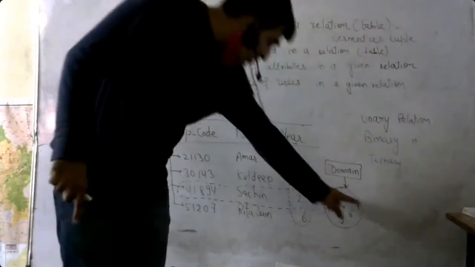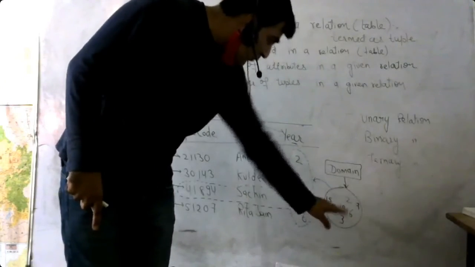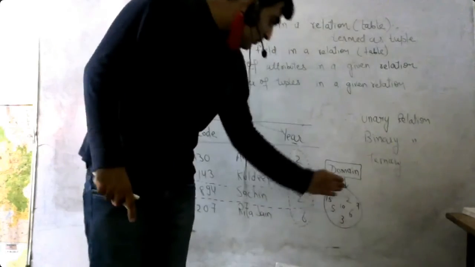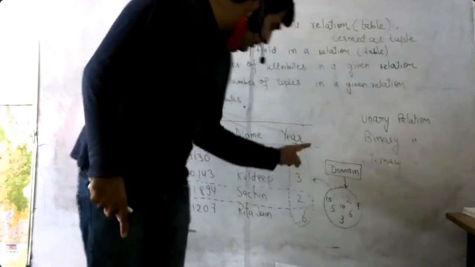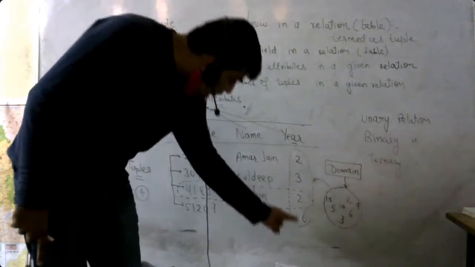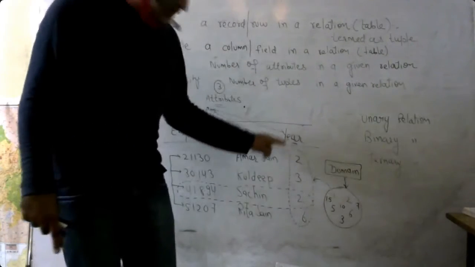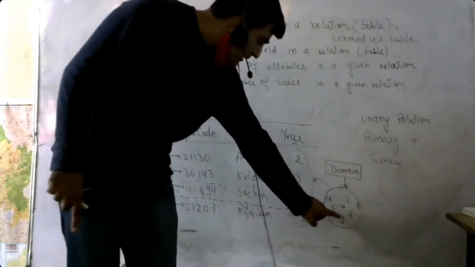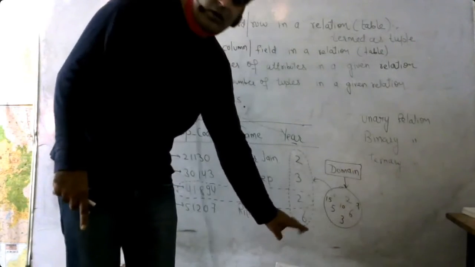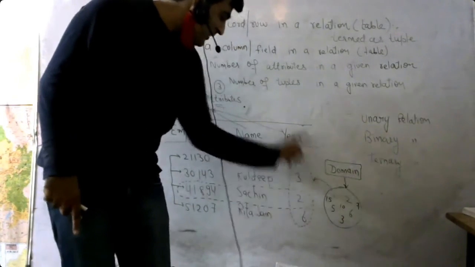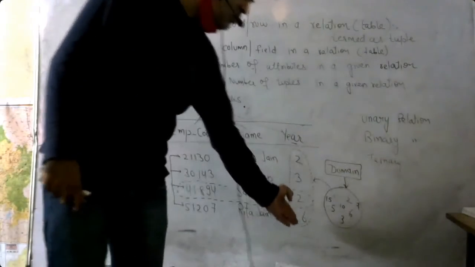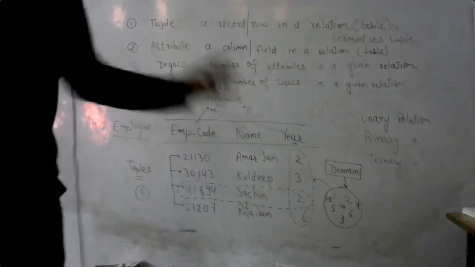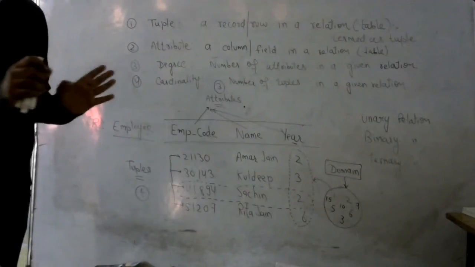Like this, here we have a pool of values of years, and from this pool of values there are some, or might be all, values appearing for this year attribute. Then this thing is known as the domain, not this. Sometimes you might see in your book, this circled like this, as the domain, but actually the domain is a pool of values from which some values or all values appear in a particular or given attribute. So that is all about this session.